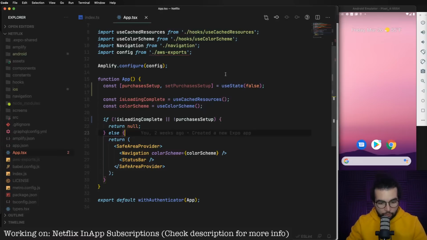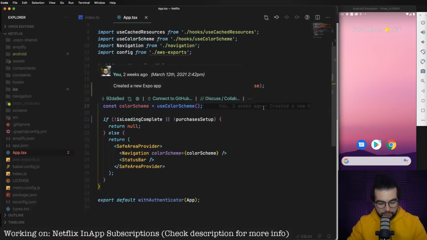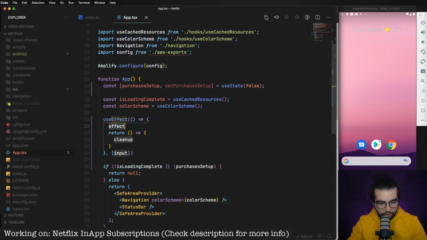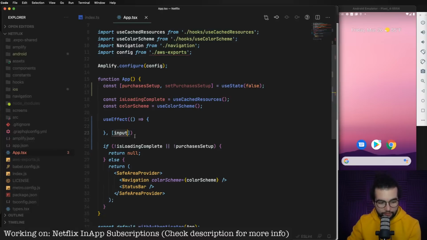Okay, so we need to set up purchases. Where will we do it? We'll do it in a useEffect, because it should run only the first time that the application opens, I mean, when the application mounts. So for that, we're gonna register this useEffect with empty dependencies, and here we can say